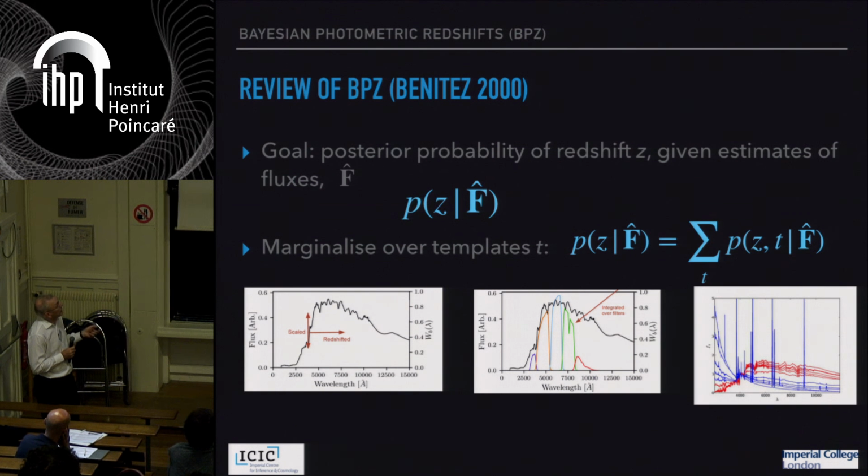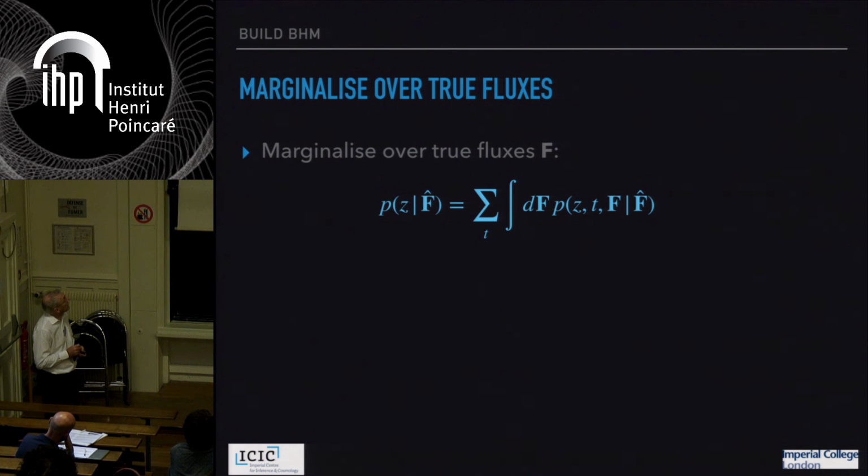So BPZ, the default set of templates, is a rather small set, and those are marginalized over. And the effect that one is looking for, as you're aware, is a redshift which shifts things to the right, but we also shift the templates up and down because of the brightness of the source, put them through various bands, and the flux data are the data in these handful of bands that are observed. So we marginalize over the templates, but we also marginalize over the true fluxes. So we measure estimated fluxes which have errors. So marginalizing over the true fluxes